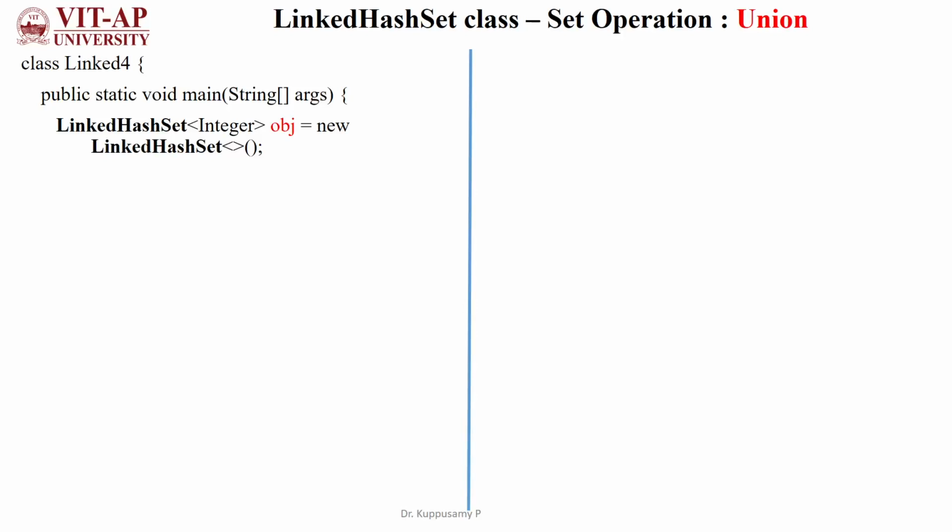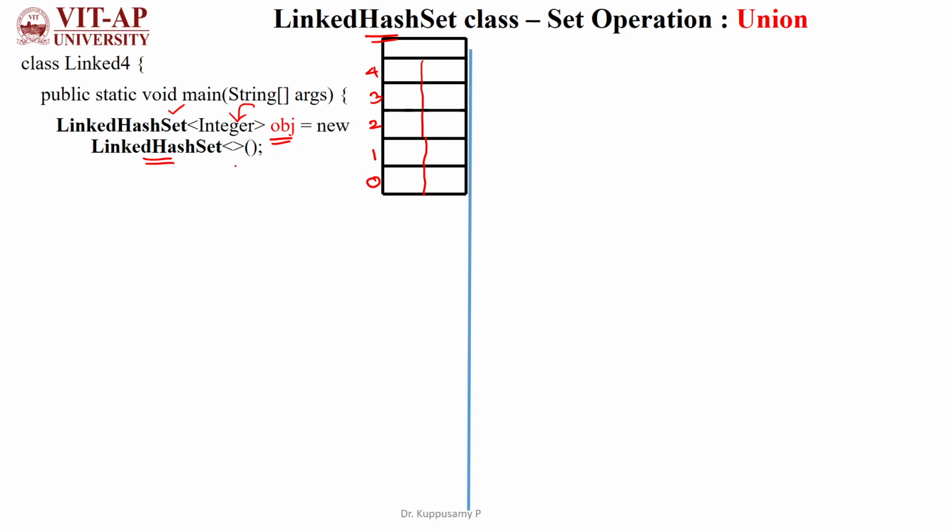Here we are going to discuss the set operations using the LinkedHashSet class. Here we are going to create the object variable using the LinkedHashSet structure. The LinkedHashSet implements the Set interface. The data type is given as the generic wrapper class Integer. Now once obj is initialized using the LinkedHashSet class, the structure of the LinkedHashSet object will